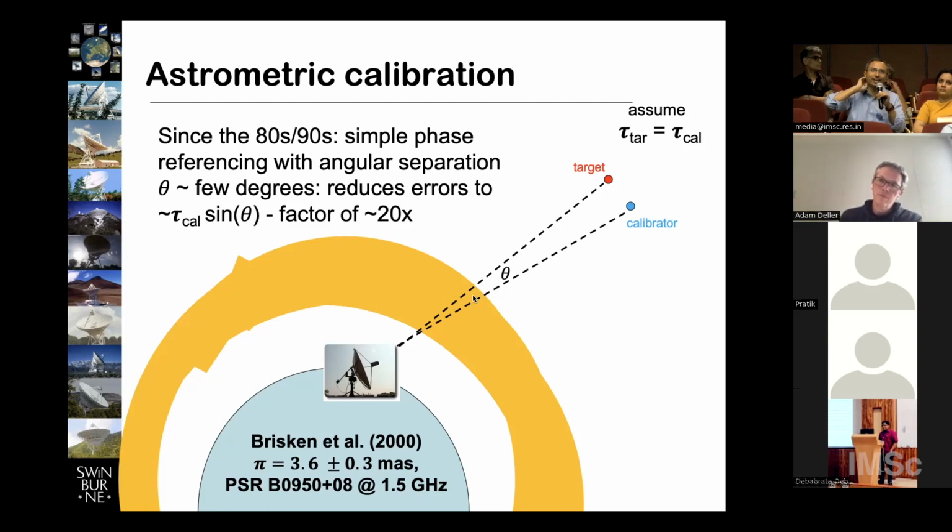Is that a correct understanding? So there are different ways of doing that solution. What's often commonly done, when doing the initial solution, it's quite common to take a single antenna as the reference, and you look at each baseline from every other antenna to that one antenna, and use that as a starting guess, and then do a gradient descent optimization, including all of the other baselines after that. But there are other ways as well.